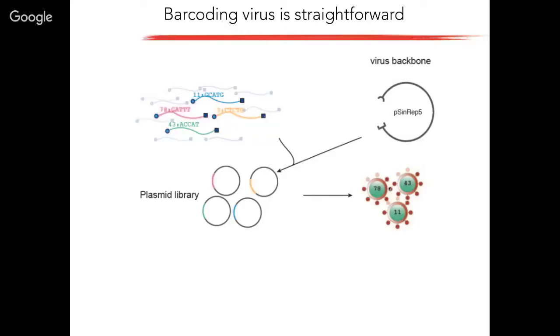And in practice, how do we do that? What we do is we've generated a virus. Right now we're working with a particular virus called Sindbis. And viruses are generated in the lab from a plasmid. So to generate a viral library, all we do is we take the plasmid that generates the virus, and we introduce these random sequences directly into the plasmid backbone. So we get a plasmid library, and then those plasmids give rise to a viral library